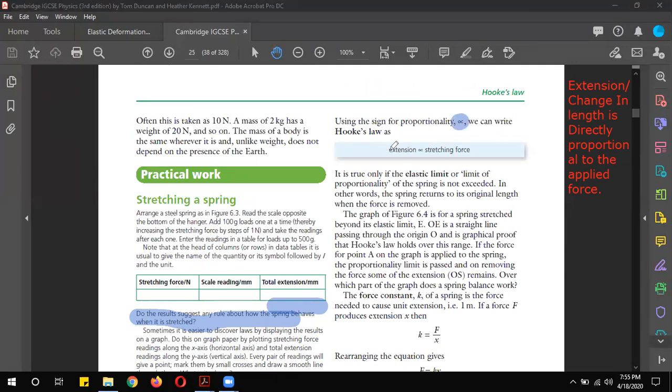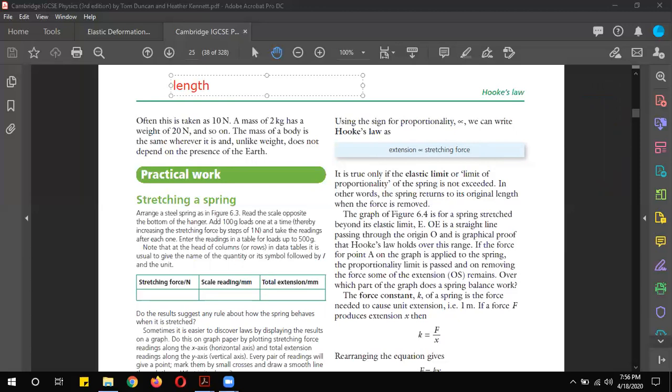We can write extension is directly proportional to stretching force. Extension is measured in millimeters or meters, units of length. And applied force is measured in newtons. Now let's suppose we denote the length by x